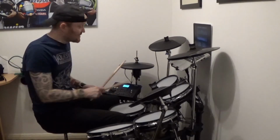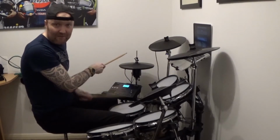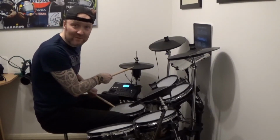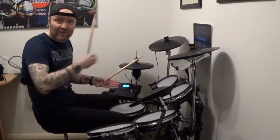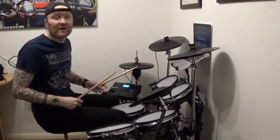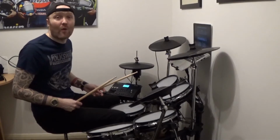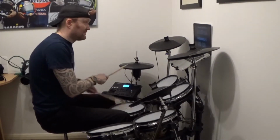Pattern 3 is a simple 4-beat count. 1, 2, 3, 4 on the hi-hat, beat 3 on the snare drum, and beats 1 and 4 on the bass drum. Now as you play the pattern through a few times, it's effectively a double beat on the bass drum because it's 1, 2, 3, 4, 1, 2, 3, 4, 1, like that. So playing it through, it sounds